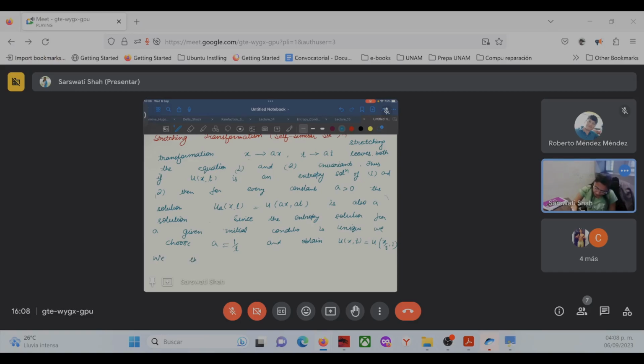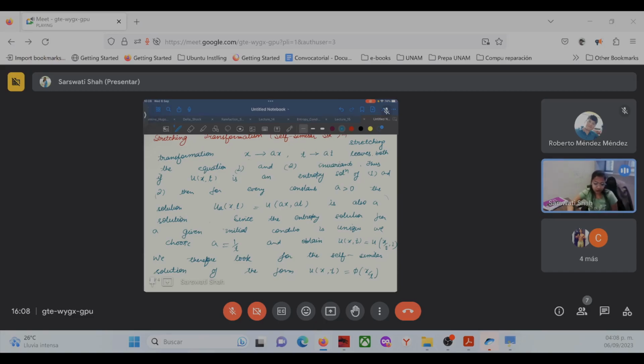We therefore look for the self-similar solution of the form u of x comma t is equal to phi of x over t, and consider the Riemann problem